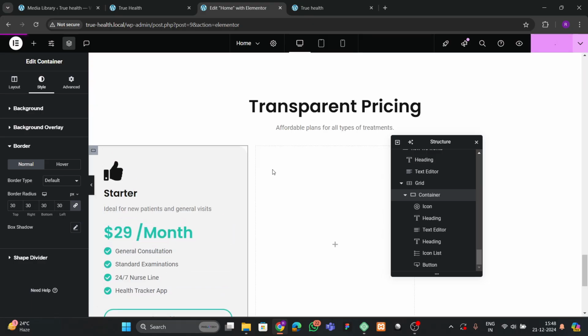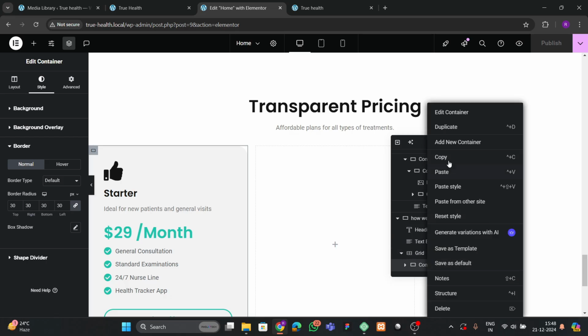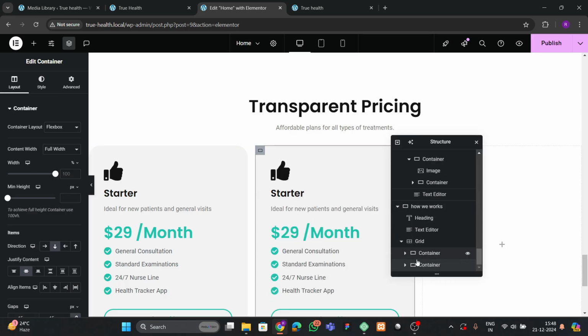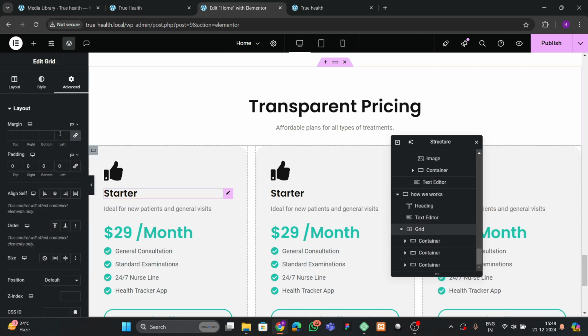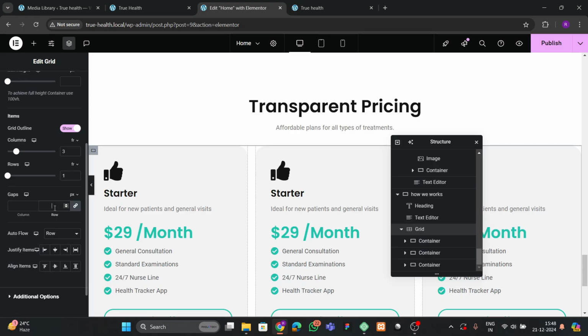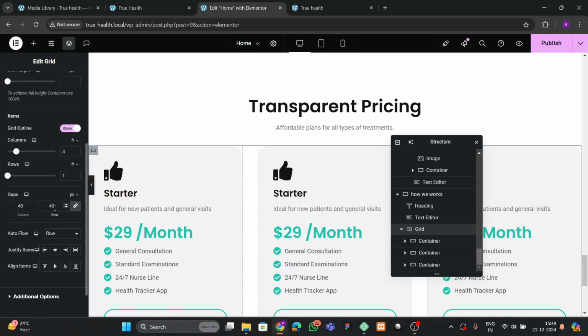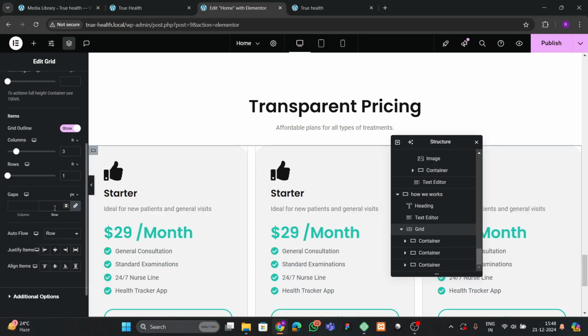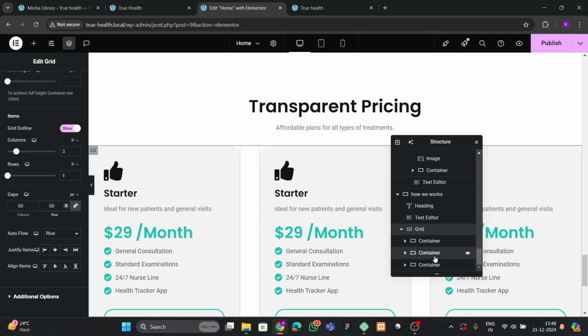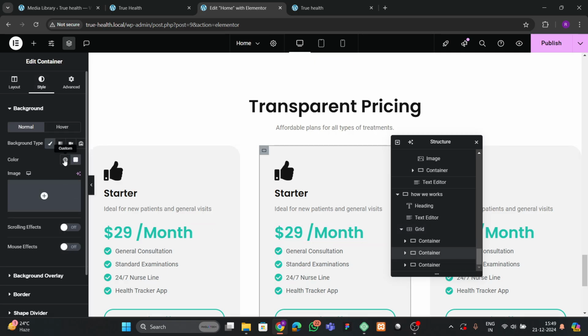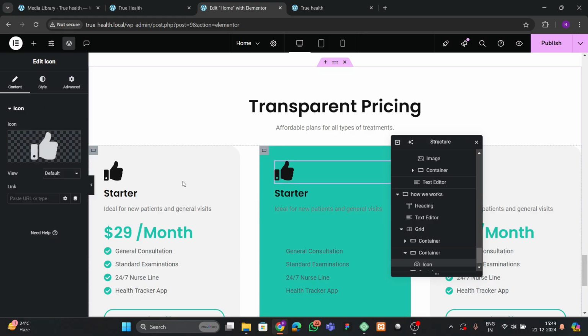Okay, like this. So let's publish, and here you can see that we can duplicate this, and here we can also duplicate this layout, and here we're gonna add 40, keep this 50. Okay, and here we can go to this, and here we're gonna choose the color, and let's